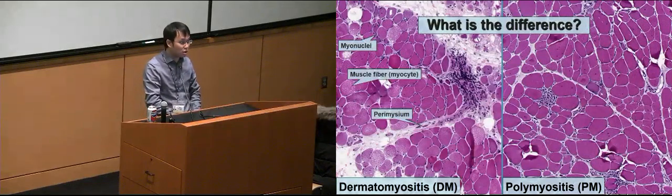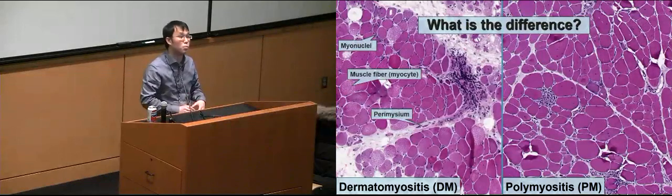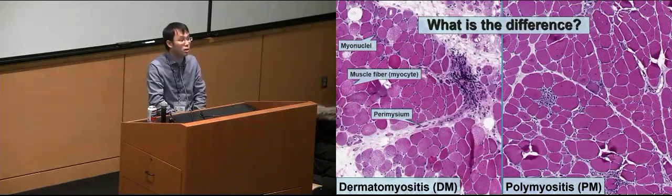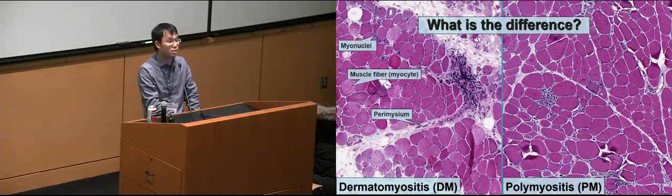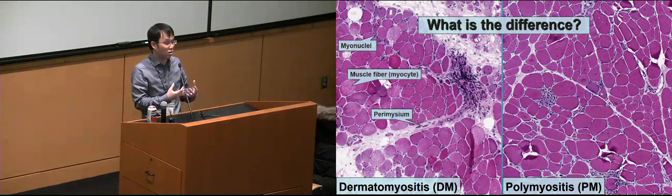For example, for these two kinds of muscle disease, DM and PM cases, what's the difference between these two kinds of the disease? Usually in the DM cases, the nuclei close to the perimysium region are clustered with each other, as shown in the left figure. And the muscle fiber close to the perimysium region will usually have a smaller area or size than the muscle fiber in other regions. And all of these observations you cannot see in the PM cases. So we can use this kind of the marker or the quantification result to do the differentiation.